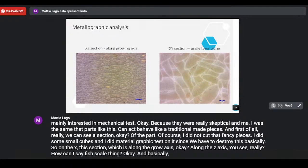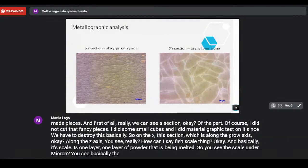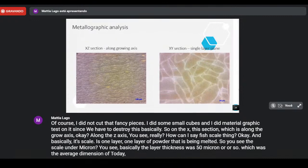Basically, each scale is one layer of powder that is being melted. So you see the scale under micron. You see basically the layer thickness was 50 micron or so, which was the average dimension of the diameter of the powder. In the other, you can see how the grain